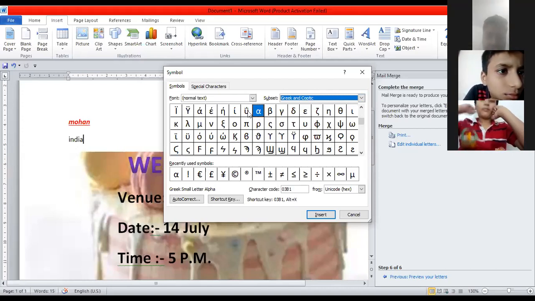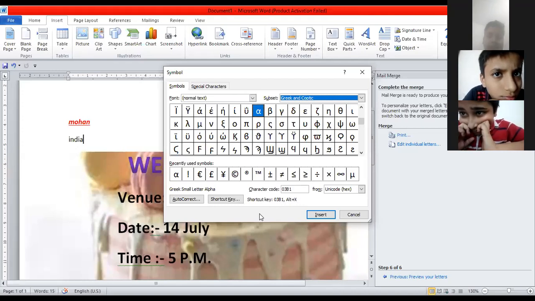You can see the shortcut key is there. When you press Alt X along with this, this particular symbol will be printed. So that is the shortcut key that he has told you.